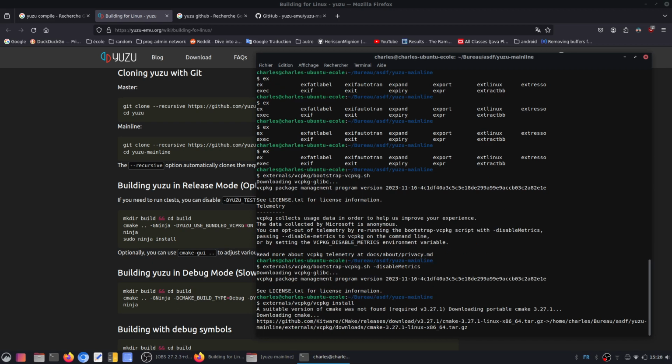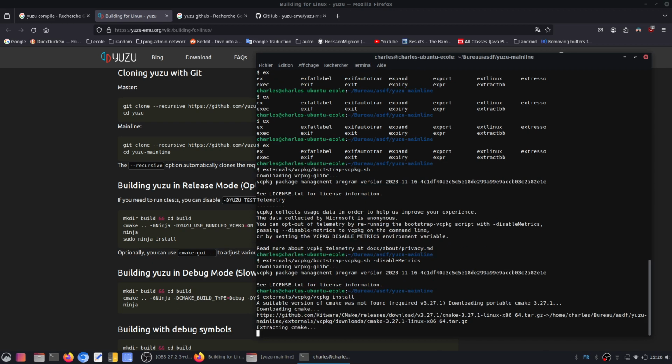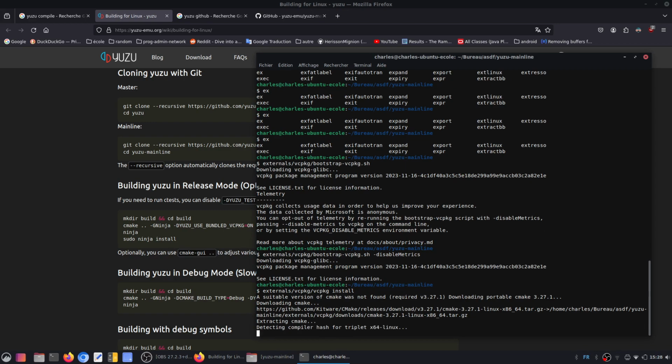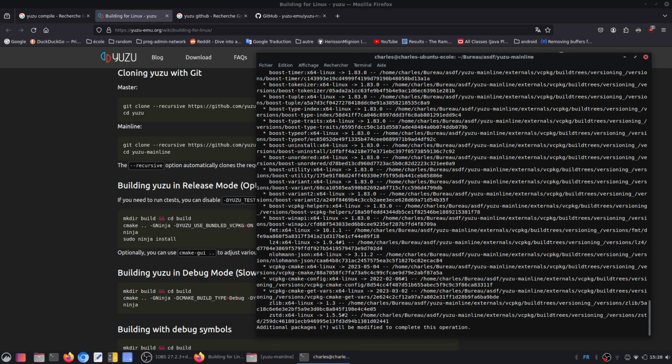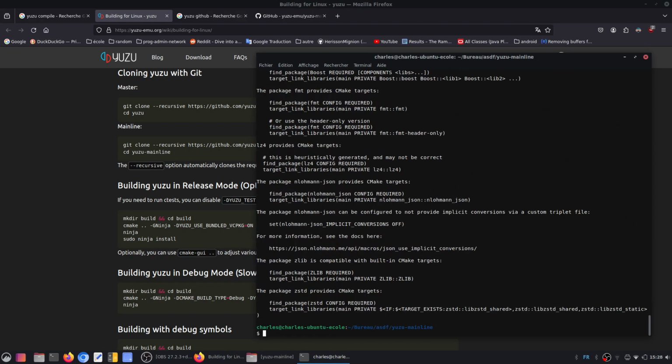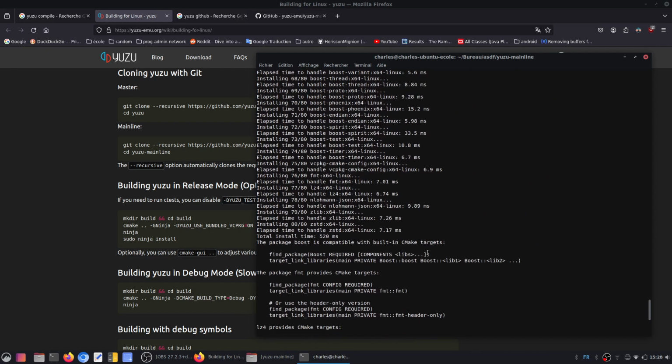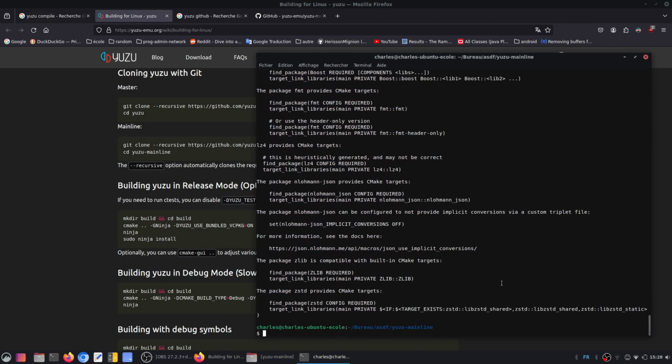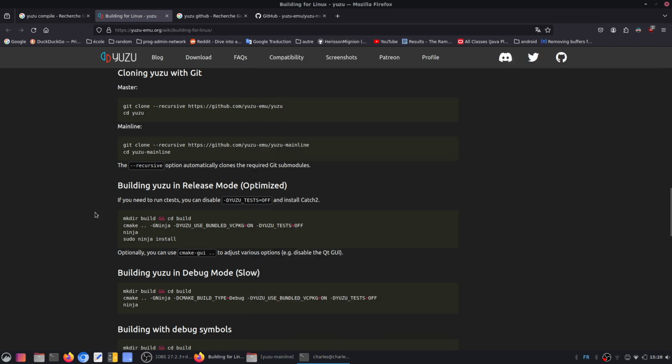It doesn't say it in the compile instructions, so it's going to take a while. Well, yesterday it took maybe 10-15 minutes. Today it's quicker. I don't know why. I don't care. Now I will be running these commands: mkdir build,